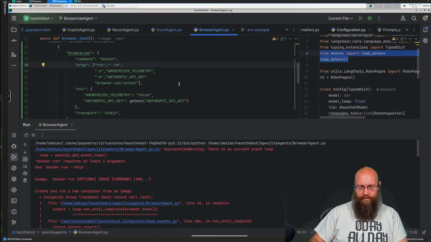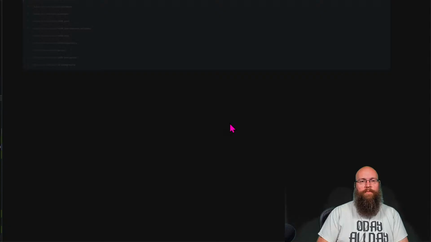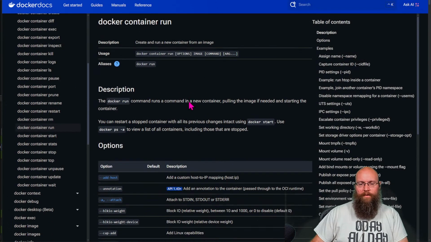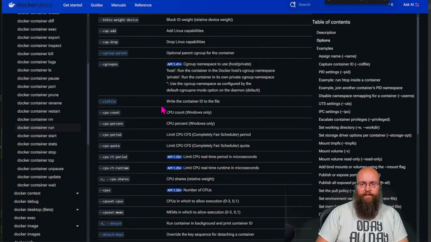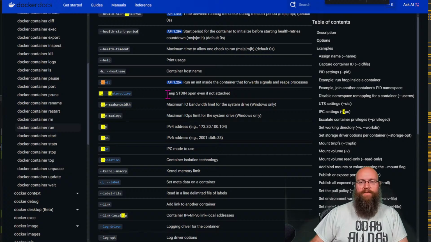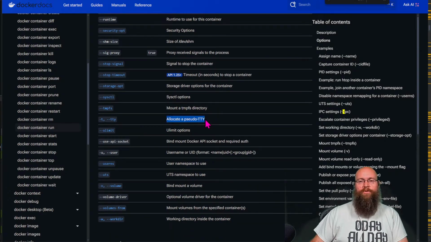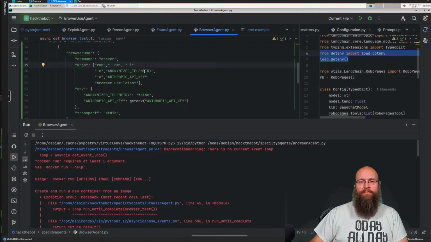I think we're missing a critical component though, which is I think we need to have at least the -i parameter in here. Let me see what this actually does. Docker. Okay. Where are you? There we go. Yeah, so -i makes this interactive. Keeps standard in open and available if it's not attached. And then -t is basically allocate a pseudo TTY so you can interact with it. I think that might have been the issue here, is it's not understanding what we're actually running. Hopefully that's it. Let's try.